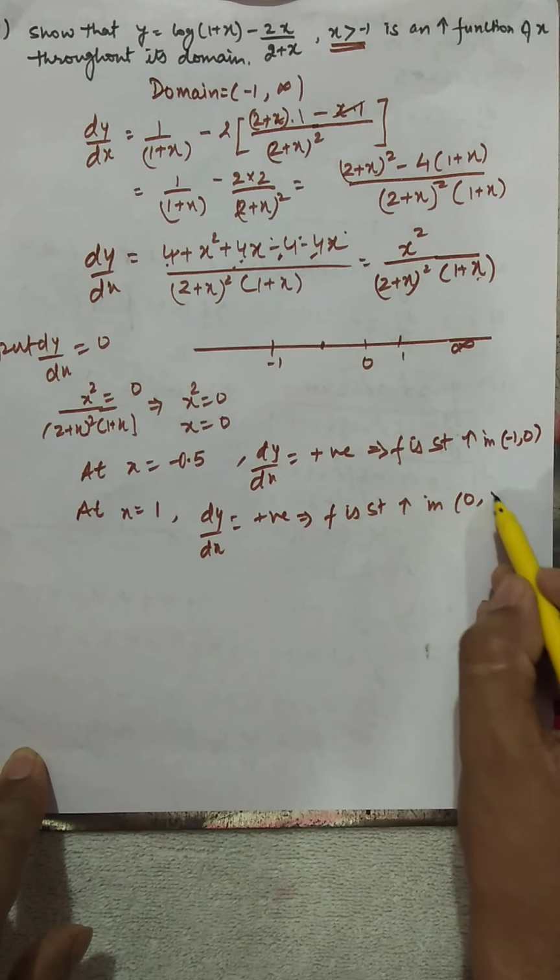Now we'll discuss question number 9, in which we prove that y equal to 4 sin theta upon (2 plus cos theta) minus theta is an increasing function of theta in 0 to pi by 2. So we'll find dy by d theta, because this function is in theta. So for dy by d theta, you can apply the quotient rule. So this is (2 plus cos theta) whole square, and then 2 plus cos theta, and the derivative of 4 sin theta will be 4 cos theta, and minus 4 sin theta, and the derivative of 2 plus cos theta will be minus sin theta, and theta's derivative is 1.